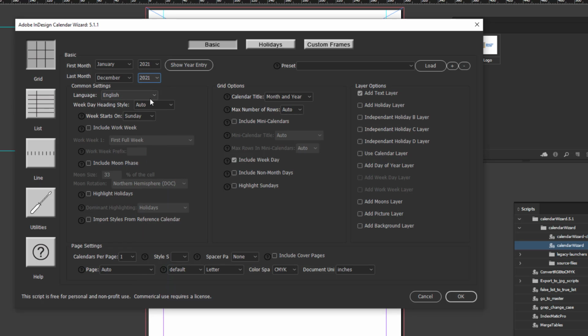For the language, I'll leave it as English. For the weekday heading style, let's go with the mid, which is Sun, Mon, and so on. Start of the week, we can either do Sunday, Monday, or Saturday. I'll stick with Sunday. Then for the calendar per page, since we are doing 12 months at view, we'll choose